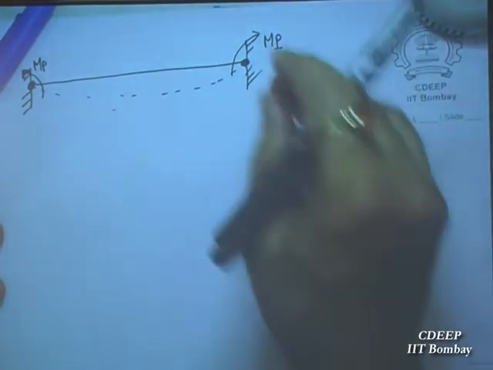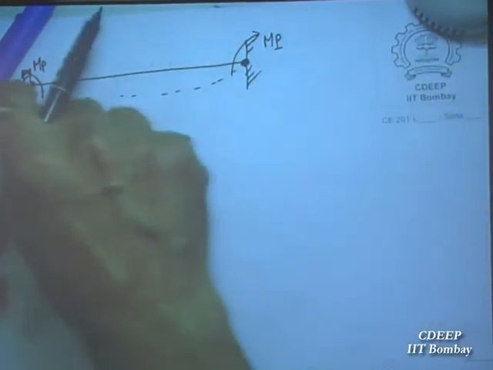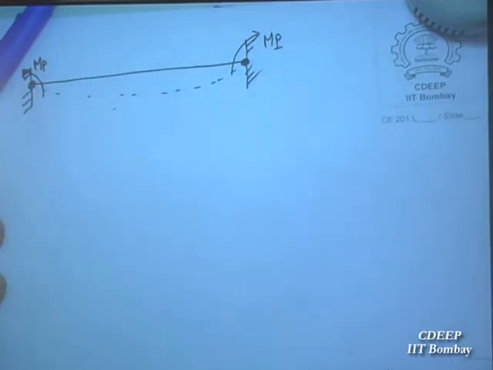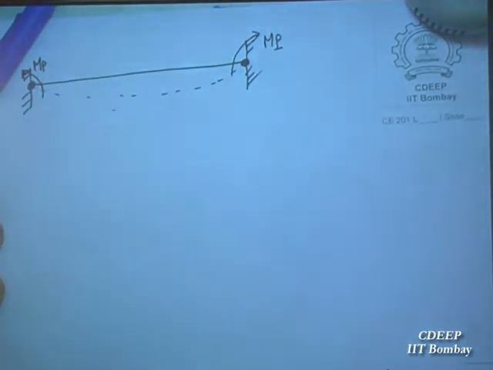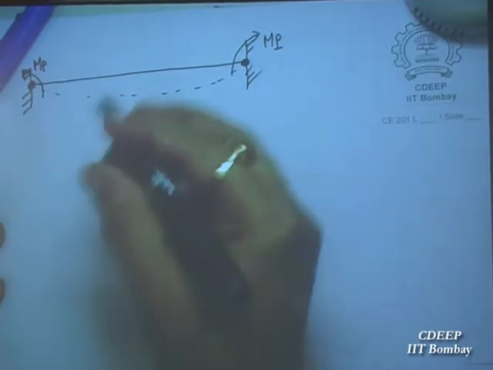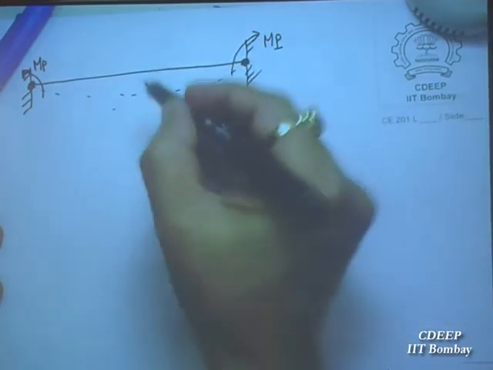It becomes plastic, so flow starts, so it can rotate now fully. Once it becomes plastic, the material becomes a very fluid, viscous fluid. Plastic means what? Viscous fluid. No, it starts elongating, so there is no rotational resistance. So then this will become simply supported, and then it can be loaded.